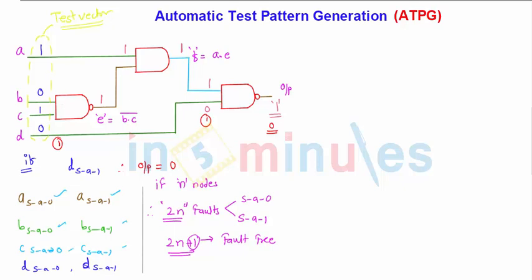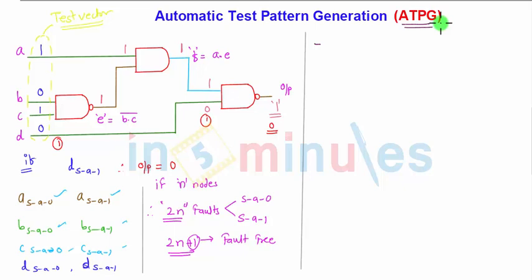But why do we require automatic test pattern generation? Because for difficult faults we have to apply a different number of patterns. So what is the first point here? Why is ATPG required? That is nothing but automatic test pattern generation. We cannot manually generate a test pattern.